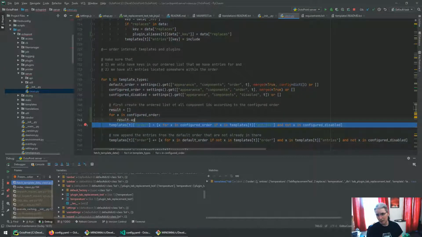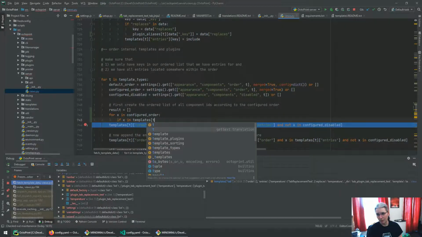Result dot append. No, wait. If x in templates of t of